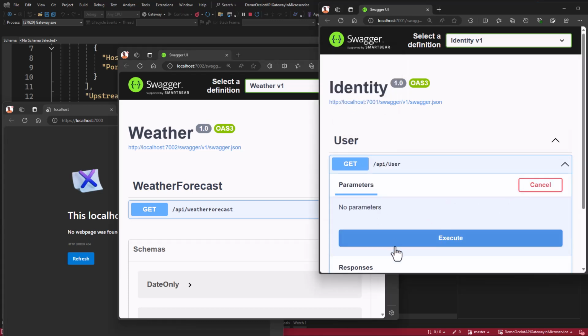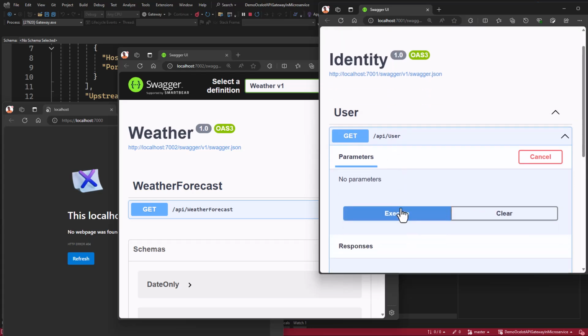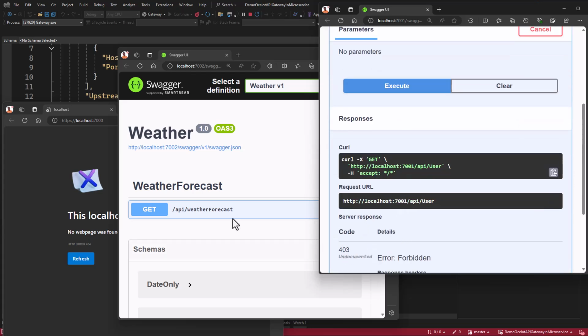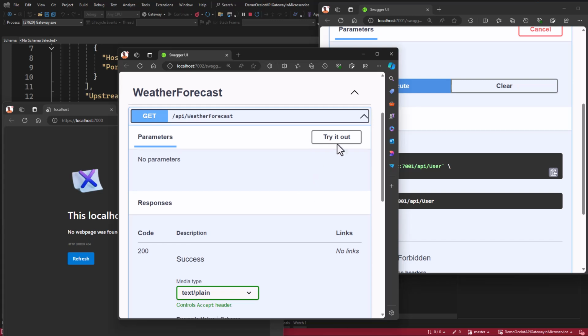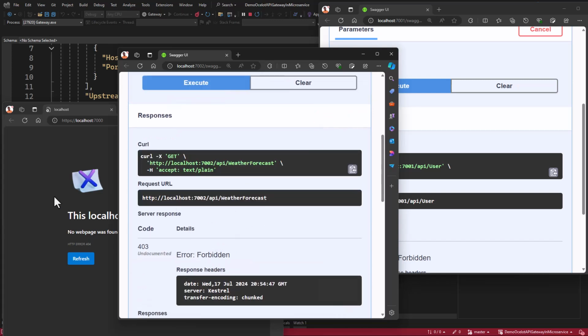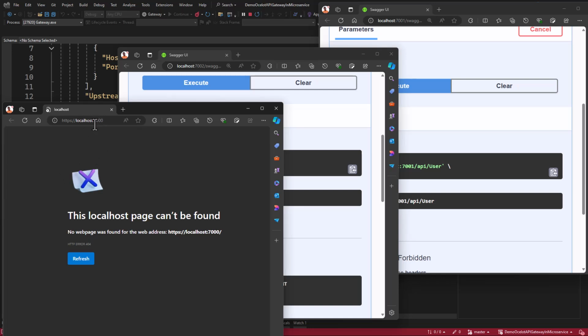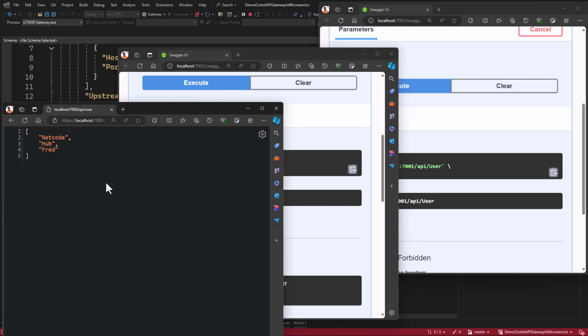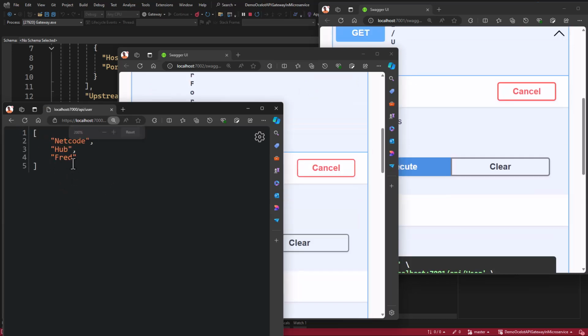Now we cannot directly access this endpoint. You're going to have forbidden. But you can access it through the API gateway. Here you can access it with the default port of 7000, and in here we're going to have 7000/api/user. So that is the route for this user, and you can see we have the user in here.